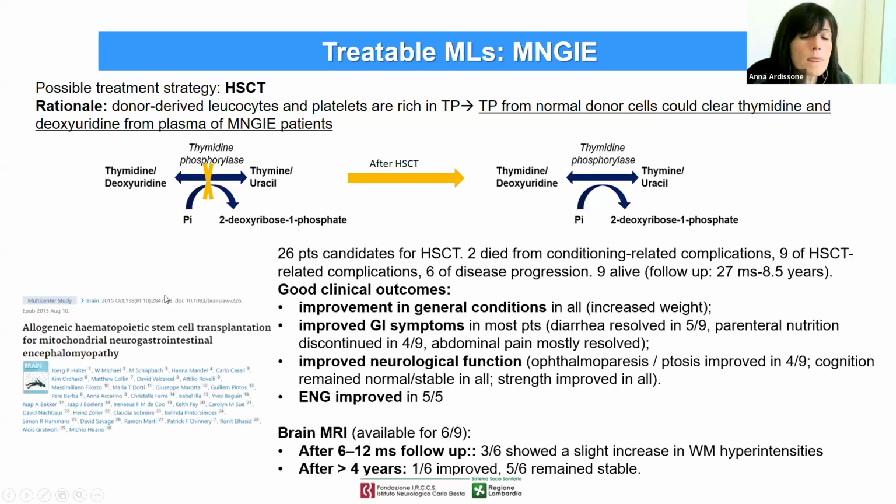Starting from this point, 26 patients were treated with hematopoietic stem cell transplantation. 2 patients died from condition-related complications, 9 from complications related to transplantation, and 6 patients died from disease progression. 9 of 26 patients remain alive with different follow-up. In the follow-up, good clinical outcomes were reported, with an improvement in general condition in all patients